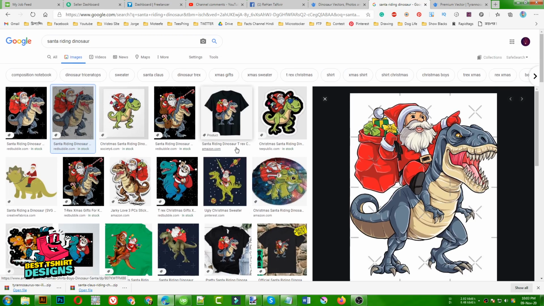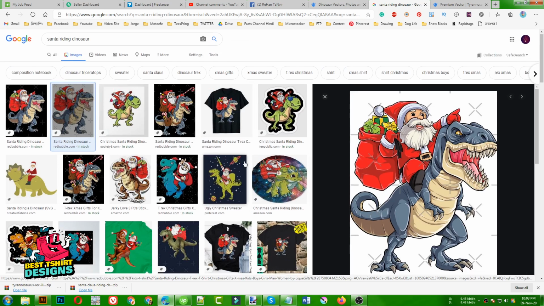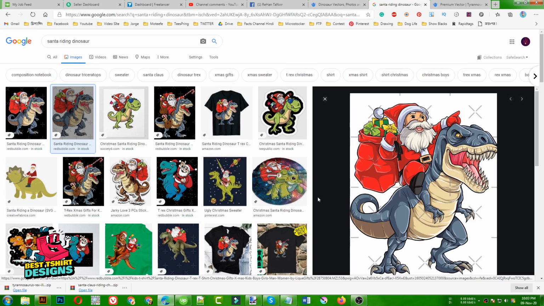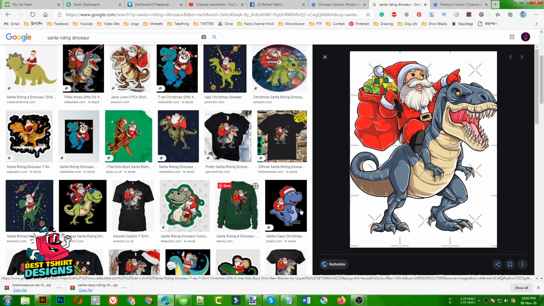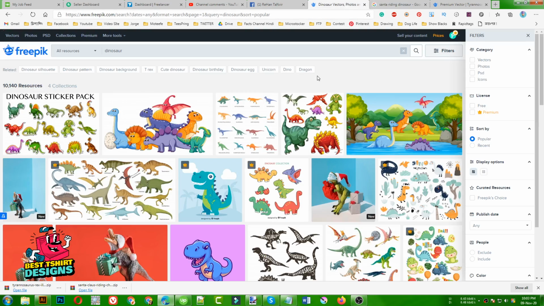Like I did one design for Halloween, a skeleton riding a dinosaur. So I am planning to make a design like something like this. So these are actually drawing works and I am not an artist. So how can we do that? So for making this kind of design, basically we need some vectors,